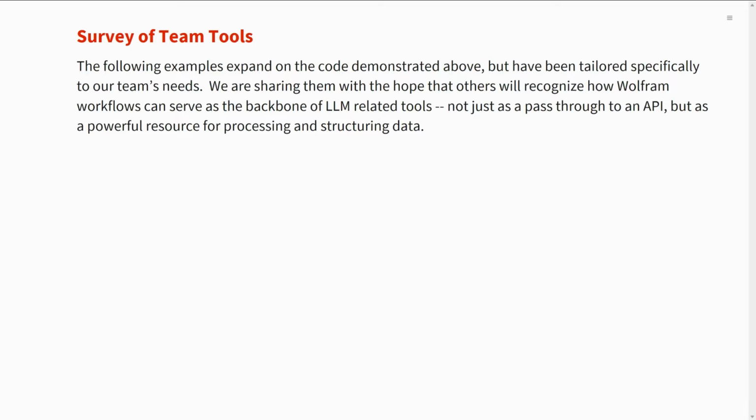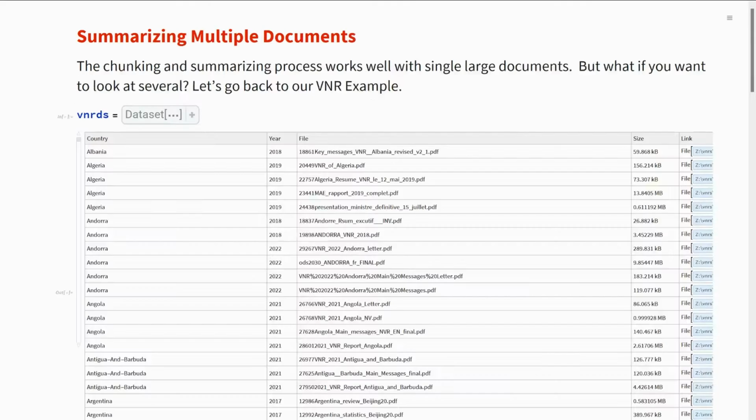These have been a little bit more customized to our own team's needs, and so I'm not going to share the code with these in this setting, but I did want to show you what was possible with just this mindset or just this work process. The first would be the question of what do you do if instead of just summarizing one large document, you want to summarize a large set of documents? So if we go back to our VNR example,